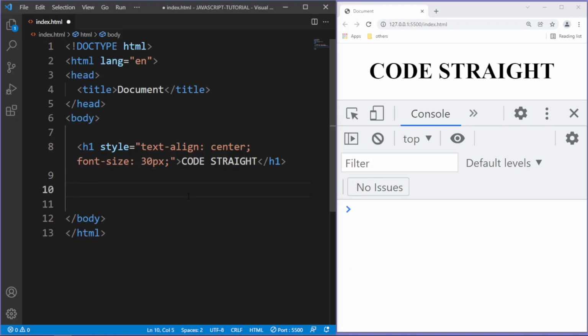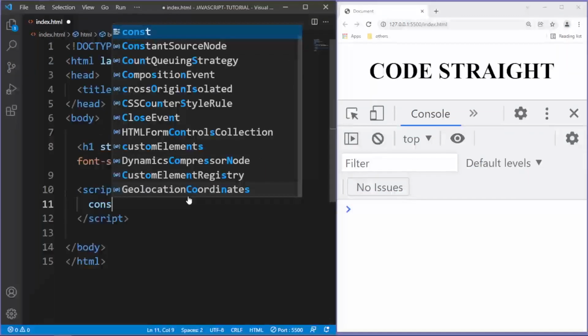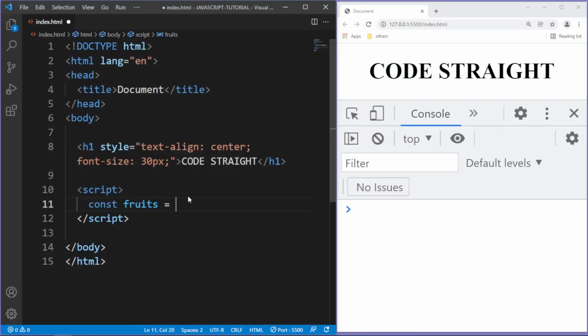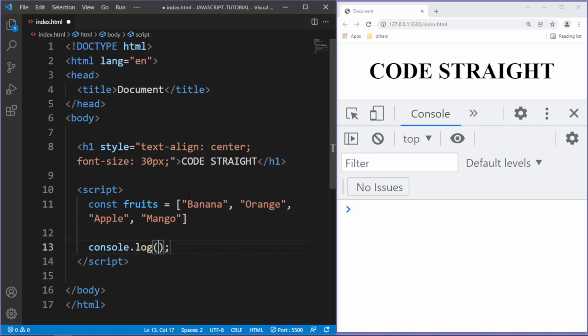Let's come in here and type script, and within a script tag I'm gonna type const fruits equals banana, orange, apple, mango. And now let's come in here and console log